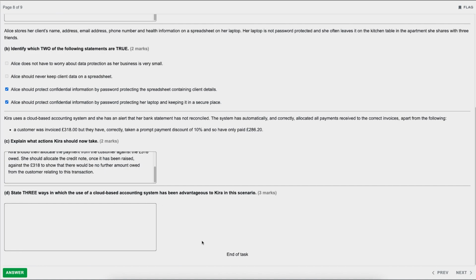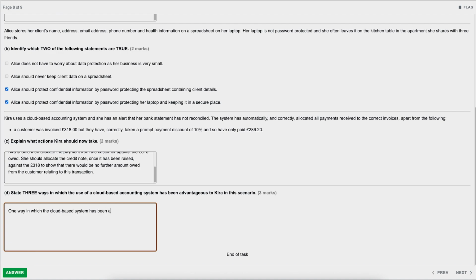So part D then, state 3 ways in which the use of a cloud-based accounting system has been advantageous to Kira in this scenario. So let's break down the scenario and start from the beginning. So it states Kira uses a cloud-based accounting system and she has had an alert that her bank statement has not reconciled. So the first point that I would make on here is one way in which the cloud-based system